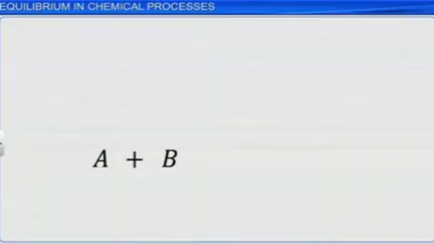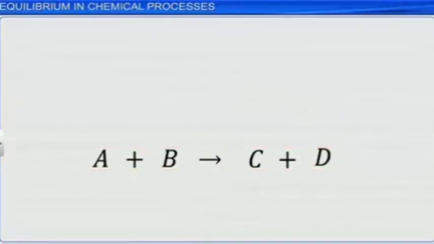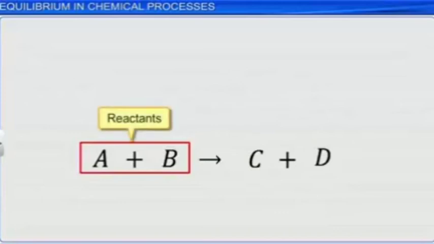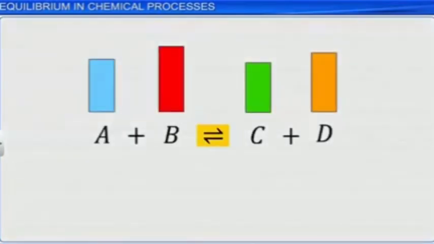The transformation of one substance into another is called a chemical reaction. Chemical substances used at the initial stage during such transformations are called reactants, and the final chemical substances formed as a result of chemical reactions are called products. A reversible reaction may be defined as a chemical change in which the products can be converted back into the original reactants under suitable conditions.